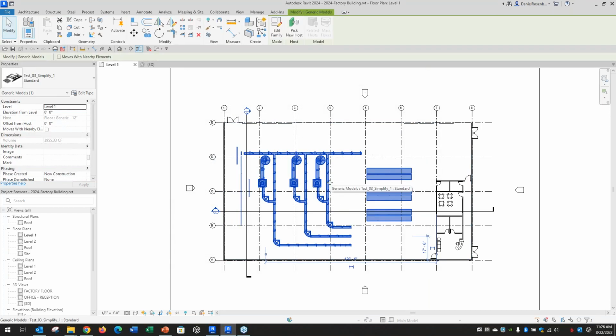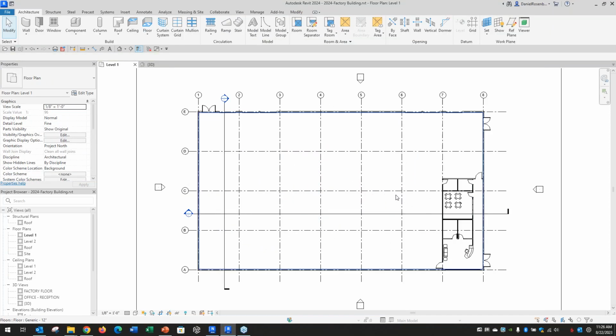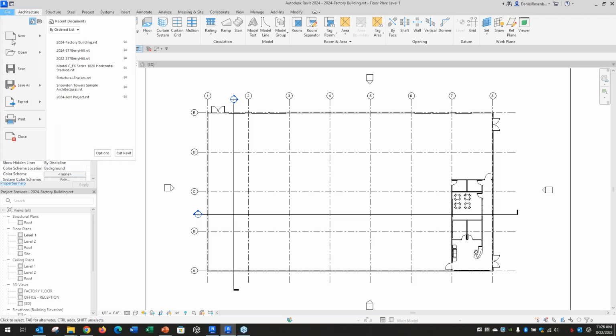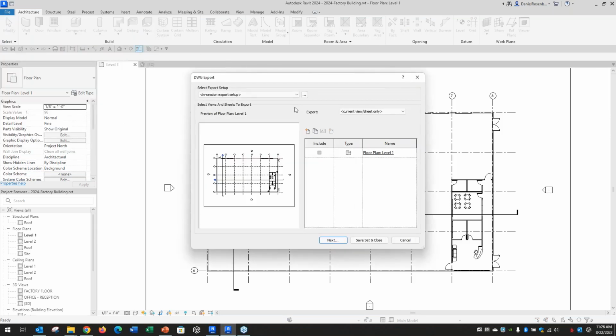Let's just hide that. So if they're working in 2D, you can simply go to your floor plan view, File, Export, CAD Formats, DWG. You can see you've got a few other options as well. Click on DWG